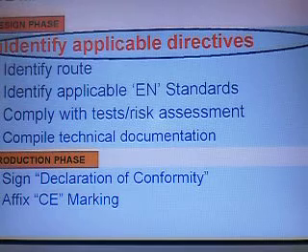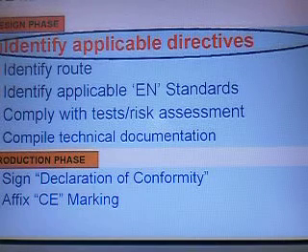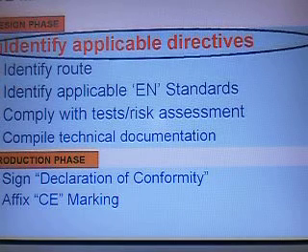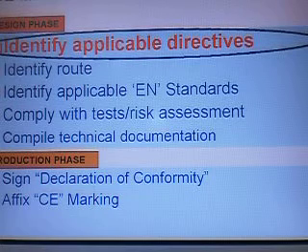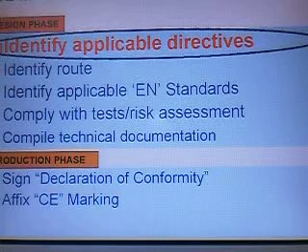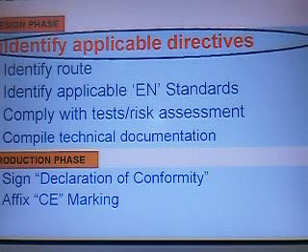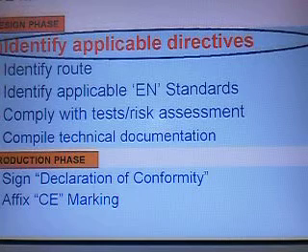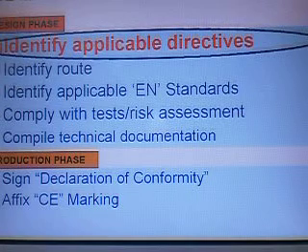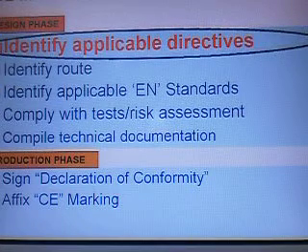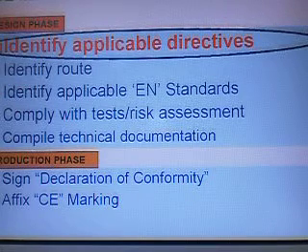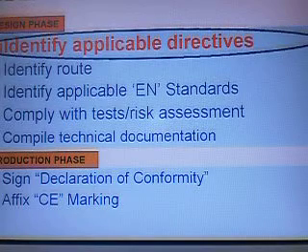As we can see, there are 7 steps to the CE marking process. The first step is to identify applicable directives. Directives are broad legal guidelines which give only the essential requirements. These are published by the European Commission. Depending upon the product application, the end use of the product, the operational environment, the operating voltages, and the components incorporated in the product, more than one of the 23 directives are applicable to a particular product.